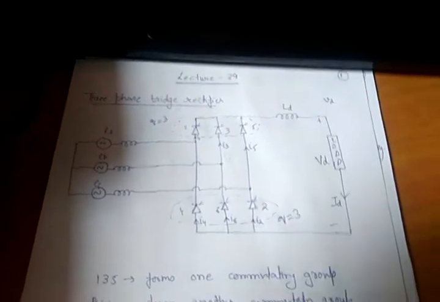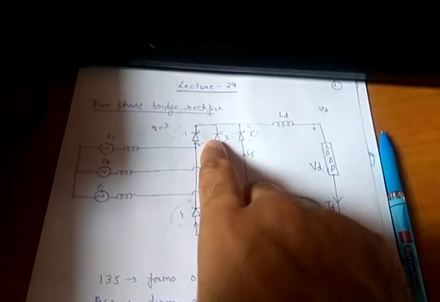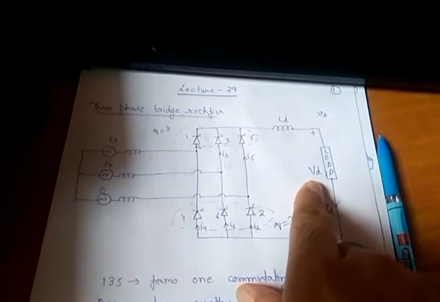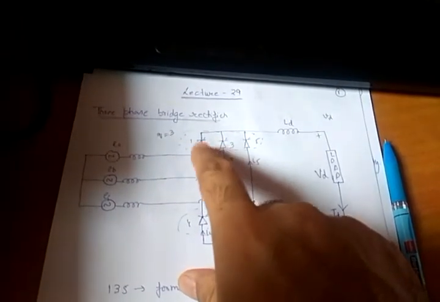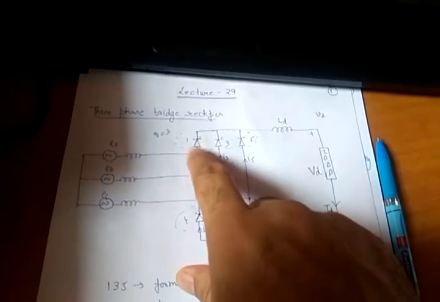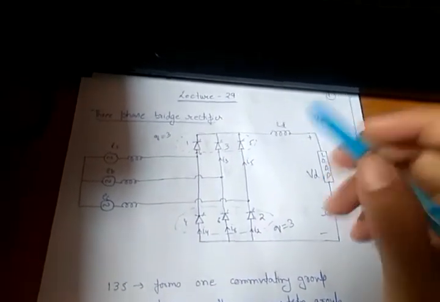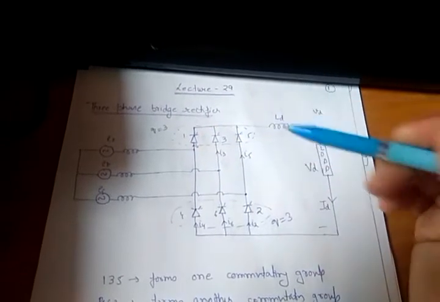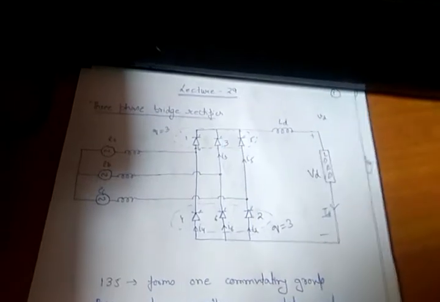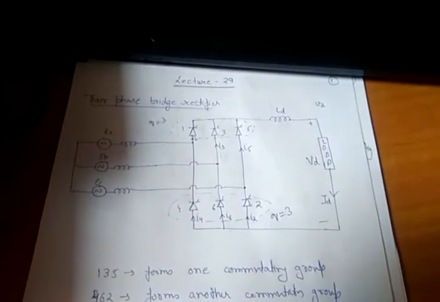It means the time or angle for which both the valves in a group conduct current together, both contributing to the load current. That angle is called the commutation angle, and the time during which they both conduct is called the commutation time. So what do you mean by commutation? Commutation simply means the process of turning off a switch, that is, transfer of current from one switch to another switch. It is called the commutation period.